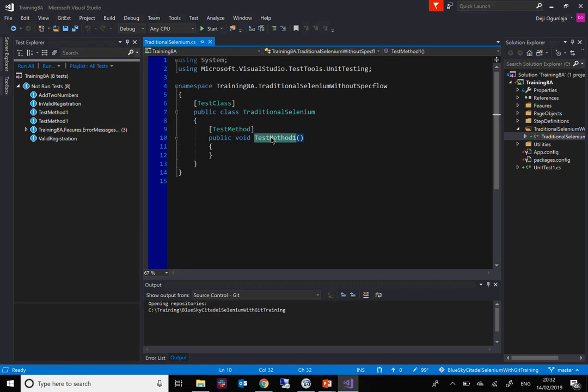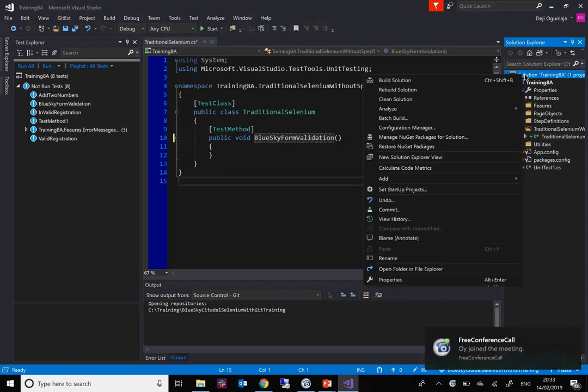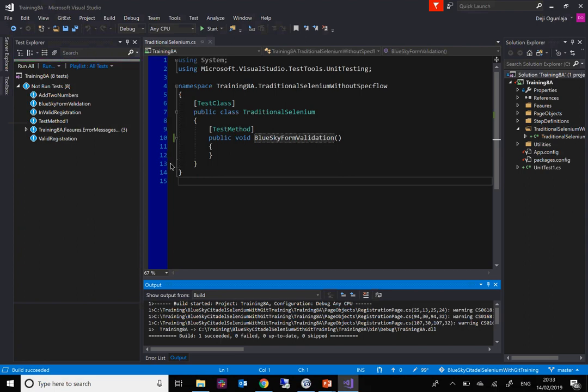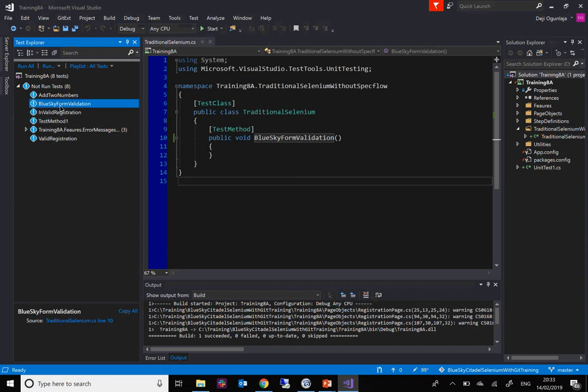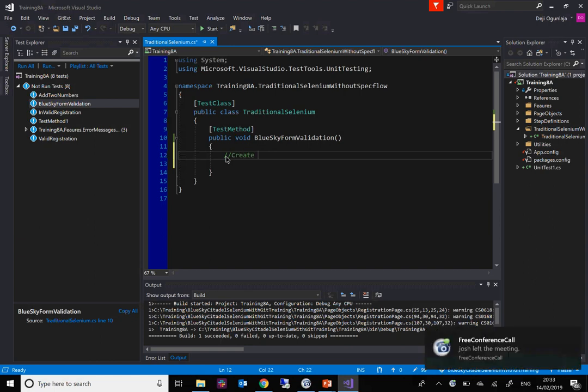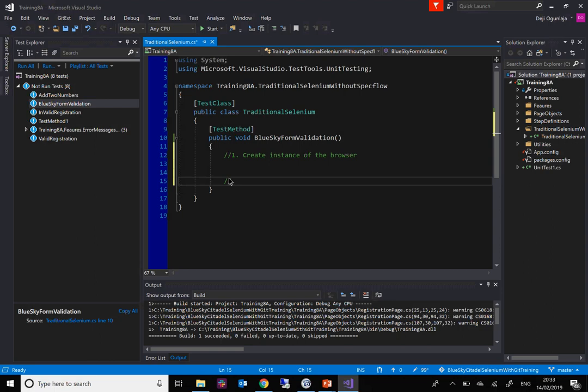I can say Test Sky Blue Validation. So that is the name of the test I want to do. If I build my test, you can see that it should come up as the name of the test that you are going to be doing. Then what you need to do, the first step of building your test, is step one: you create an instance of the browser. That's step one. Then step two,